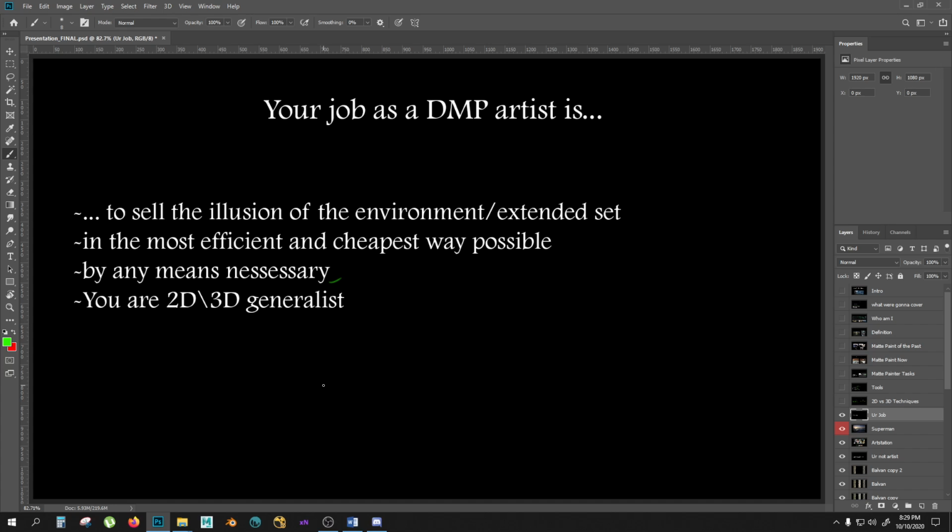You basically have to trick the audience into thinking that the matte painting you made is a real location, and